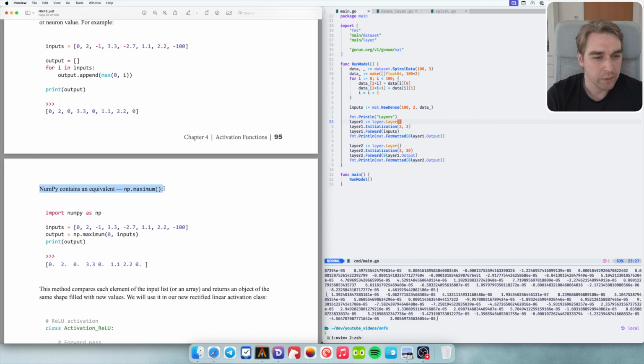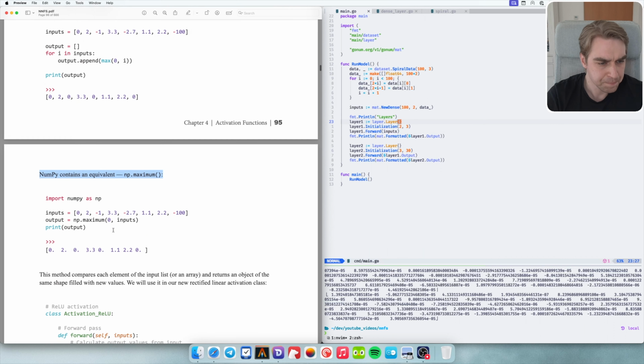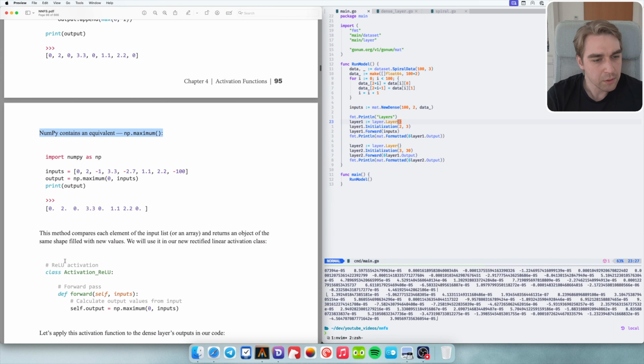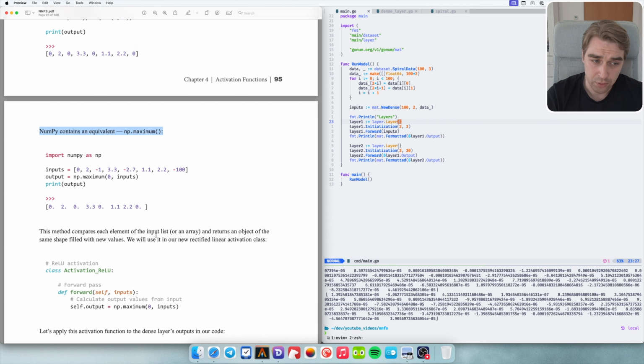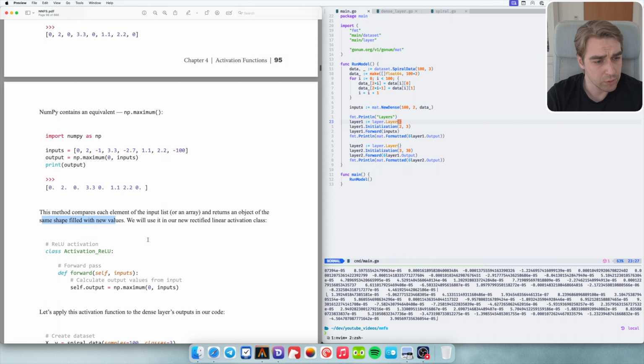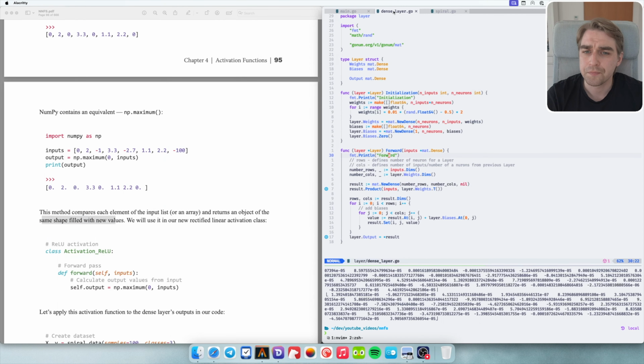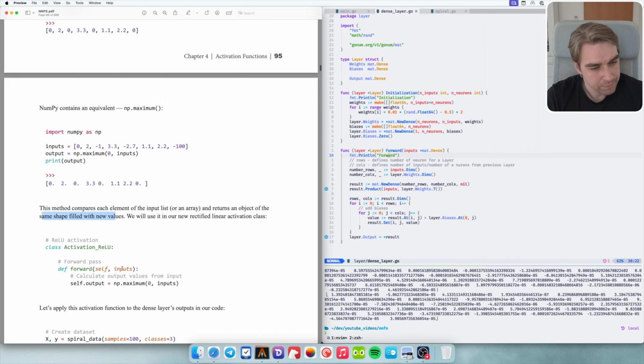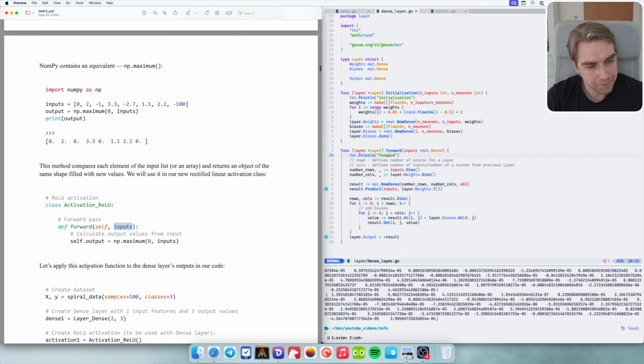NumPy contains an equivalent, np.maximum. This method compares each element of the input list or array and returns an object of the same shape filled with the new values. We'll use it in our new rectified linear activation class, Activation ReLU. Okay, so it takes the input and